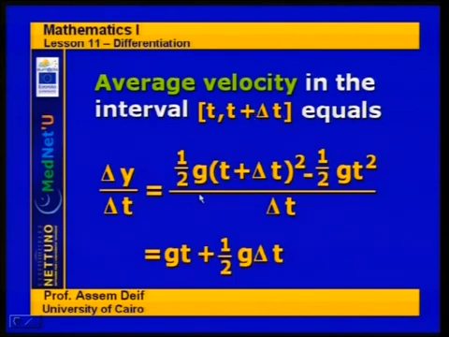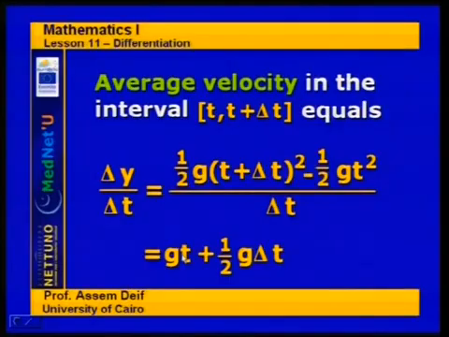And the differentiation, in fact, what you do, this is the average velocity in the interval between t and t plus delta t. You divide it by delta t and you get the average velocity. If you take the limit when delta t tends to 0, you get v(t). And what is jt? The j, in fact, represents what? The limit of delta y by delta t when delta t tends to 0. So in this case only, you get what you call the instantaneous velocity at the point t,